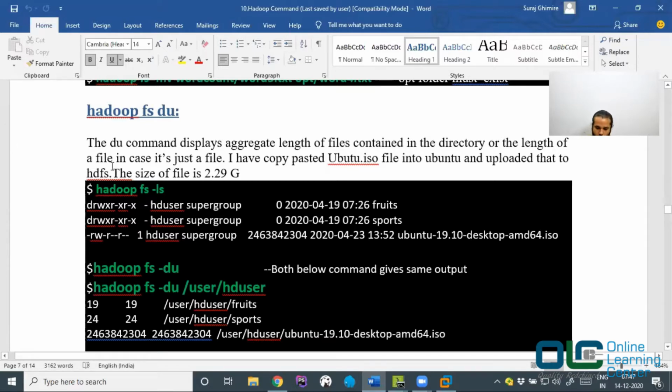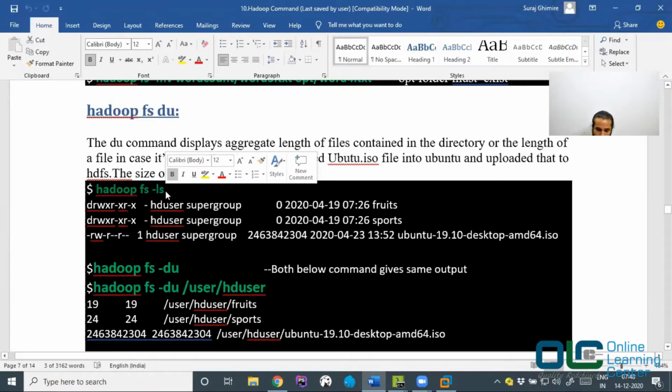As we all know, we can store data in Hadoop, in HDFS. And once you store the data in HDFS, you can execute various commands to check the file content, to create a directory, to see what files and folders are present in this or that directory, right? But sometimes it is also important to know what is the size of the file. For example, if I say hadoop fs -ls,